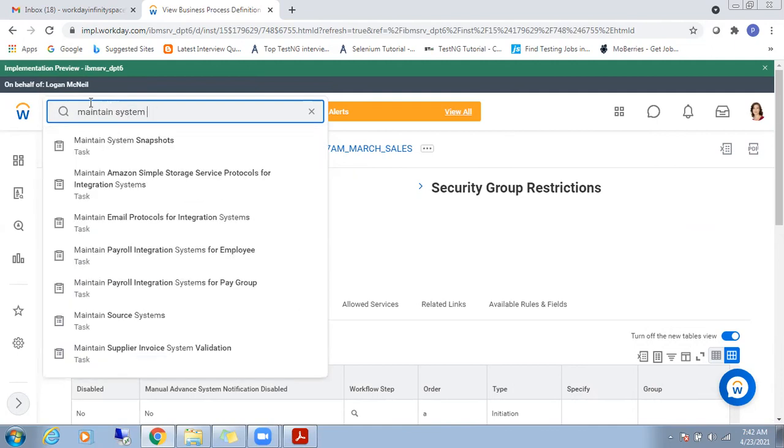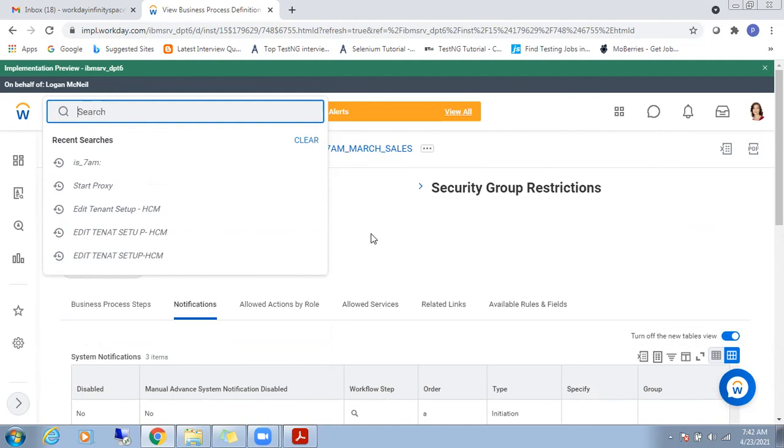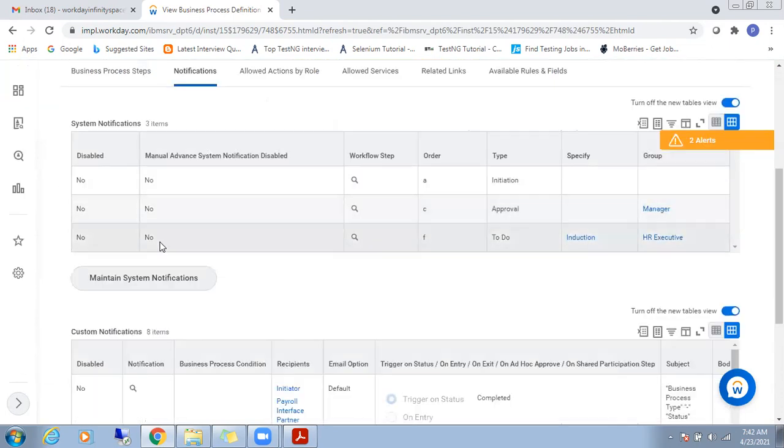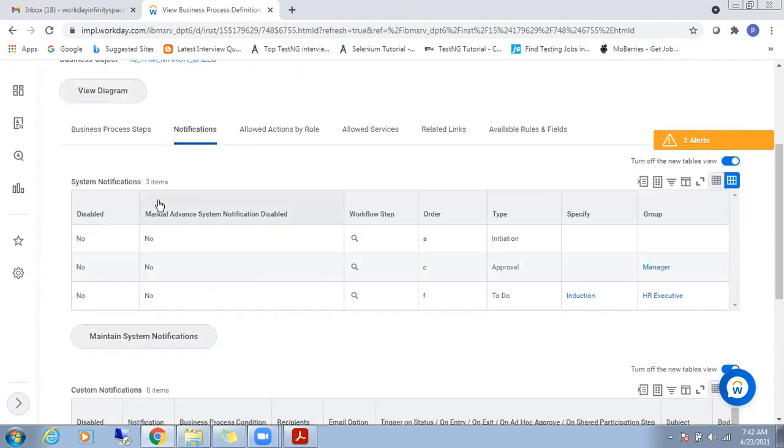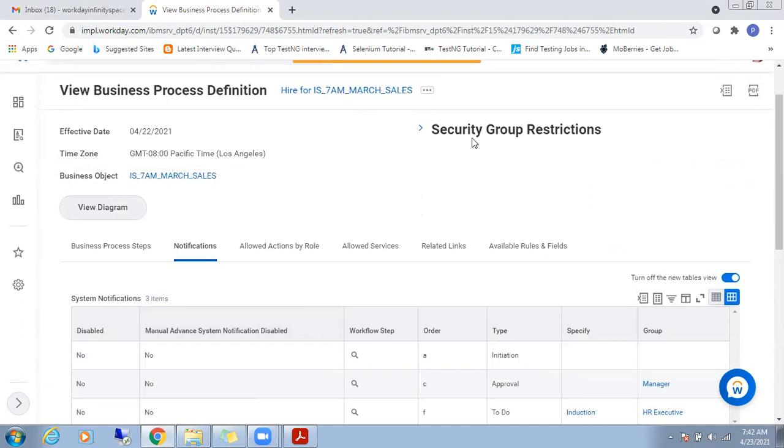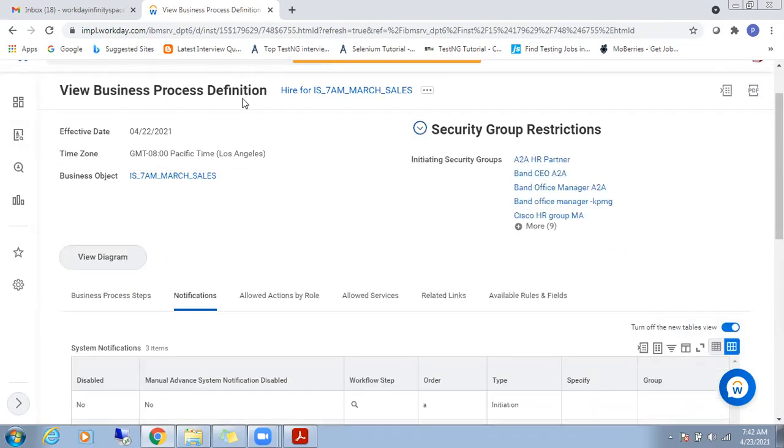I think it will be there. There's an option of editing the notifications. So we can do that directly also. From here also we can directly do it. Or for a particular step you can click on this and you can edit these notifications. Now, these are the different types of steps that we can perform on the business process. Also, we can see the diagram now. What are the steps that are there in the business process?